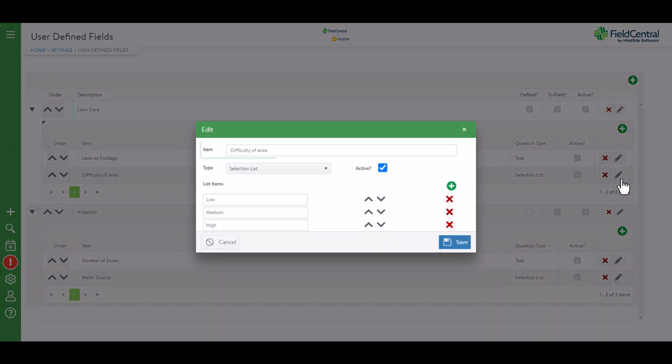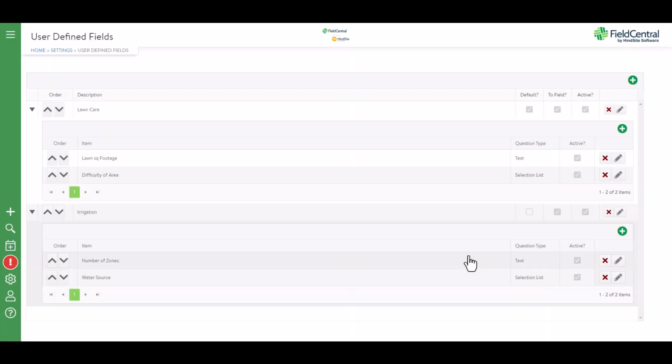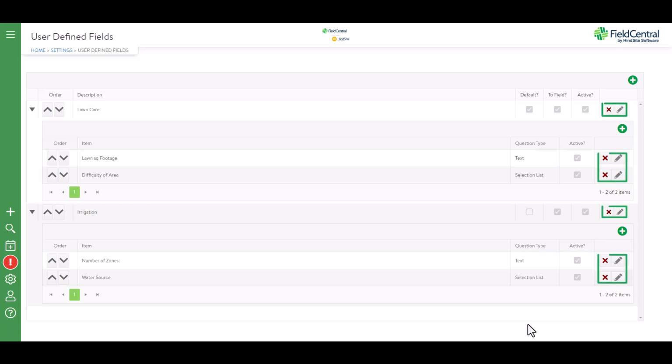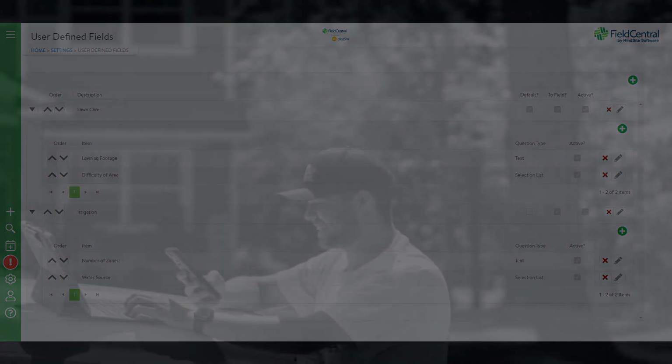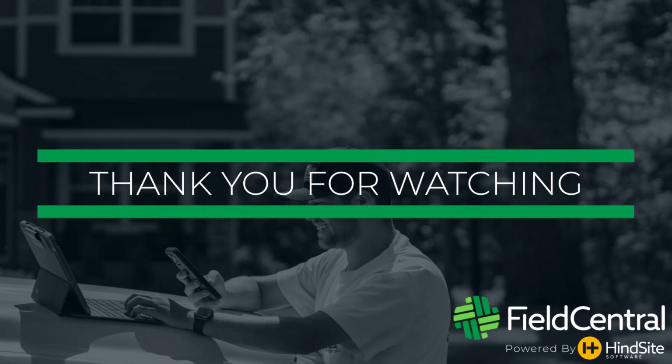Once UDFs have been set up, you can review the full list to ensure you are capturing the data that is important to your business. Edit and delete functions are also available as needed. UDFs can be very valuable if your business is wanting to capture certain information about the properties you service so that you are better able to service them in the future. Additionally, having these fields set up will allow users to leverage the price matrix tool for standardizing pricing that takes into account the factors that are important to determine accurate pricing for your customers.